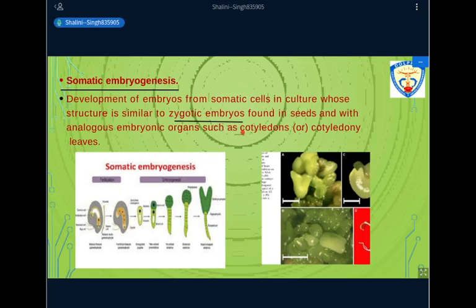So the plant which is donating the pollen grain is considered as male parent, and the plant which is developing seed, that is female parent, or also known as seed parent. Pollen grain comes to stigma. It sticks to stigma where pollen grain germination will take place. When pollen grain germination starts, it starts the development of a pollen tube. The pollen nucleus will divide. And then with the help of pollen tube elongation, this pollen nucleus will